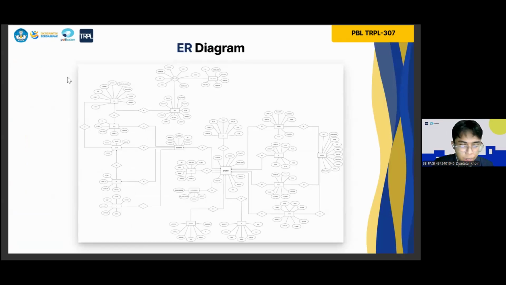Okay, next we have the ER diagram. For the ER diagram or database design, it's mostly the same as last semester, but we add a new table called notification to store the notification log. There are also some column changes. For example, in the purchase order table, we have the column ECPO. The ECPO column changes from text area data type to string data type.